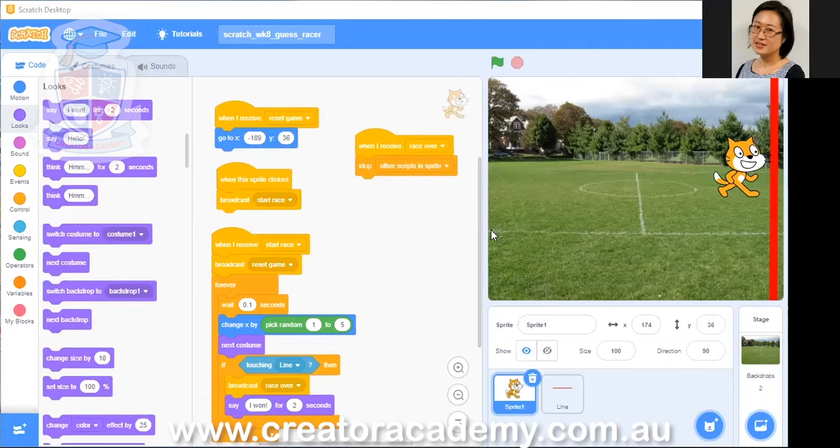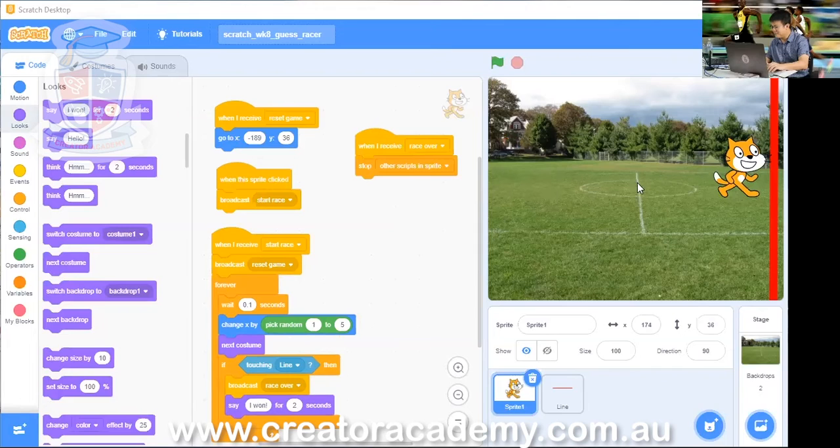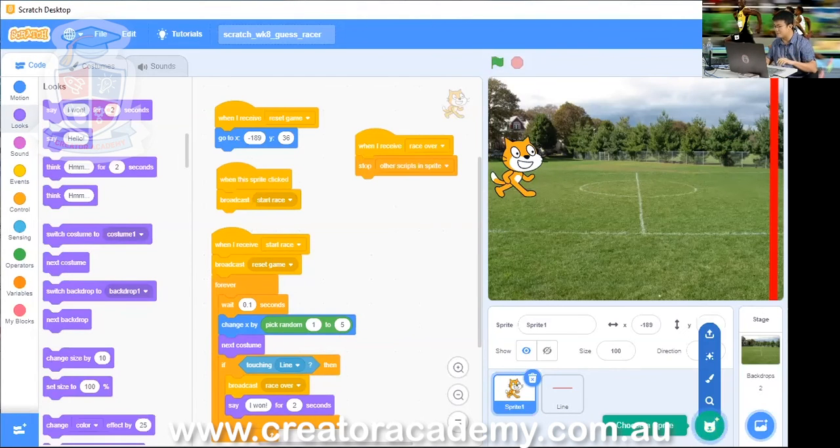Excellent, excellent. Okay, so now we are going to press the flag. Make sure you press the flag and don't start the race, okay? Because we're going to now copy all this code on another cat. But we don't want to spend all that time copying one block after another, and after another. This is the hard way, okay? We could just go choose a sprite, make sure that the cat is selected, and then copy all the blocks. But I want to make it so that we just make an exact copy really quickly. How do I do that?